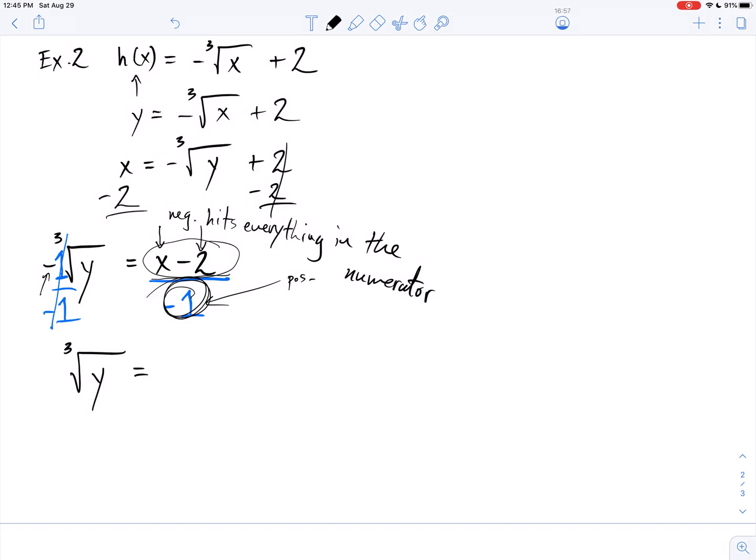Let that sink into your brain. Maybe take that down as your notes. So here we go. What does it look like on this side then? -x plus 2. That's what it looks like. Now, I'm going to take this entire side and I'm going to cube it. That negative is inside the parentheses, not outside. And I get y equals